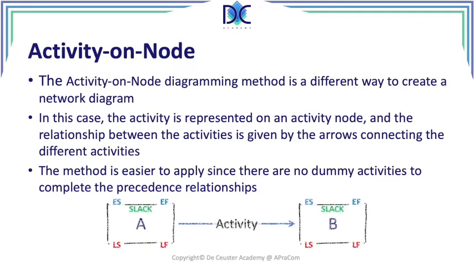Now we have the start node. For A, for example, we have the different information about it: early start, early finish, late start, late finish, and we have the link to the second activity. That arrow is just indicating the relationship. There is no link between those two. It's just showing the